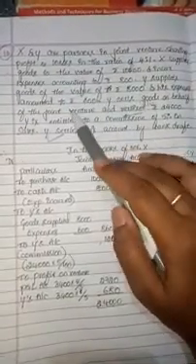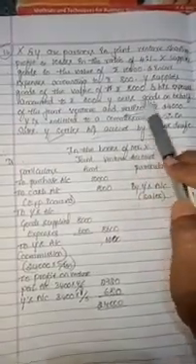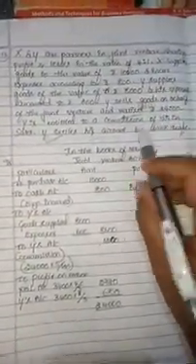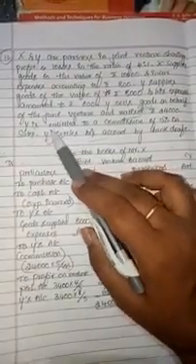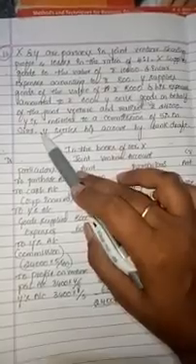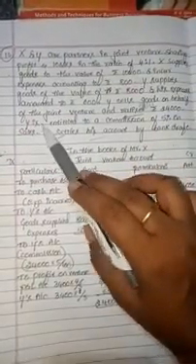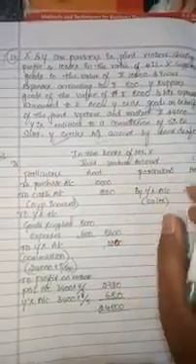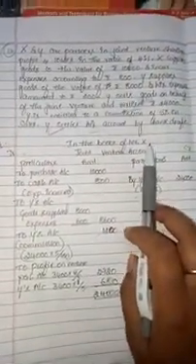Y sells goods on behalf of the joint venture, and the sales amount to rupees 24,000. Y is entitled to a commission of 5% on sales. Based on sales, Y is getting 5% commission. Now Y settles the account by bank draft. Now we need to prepare the ledger account.